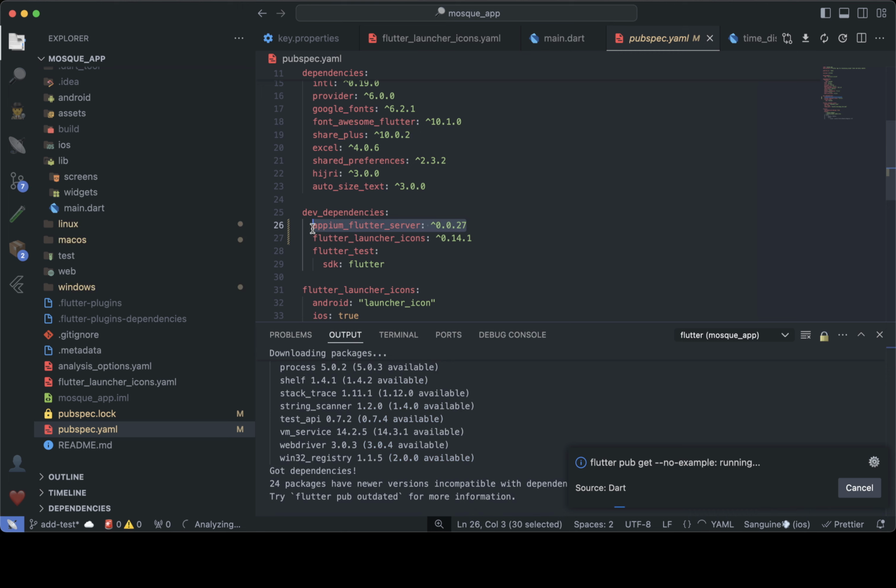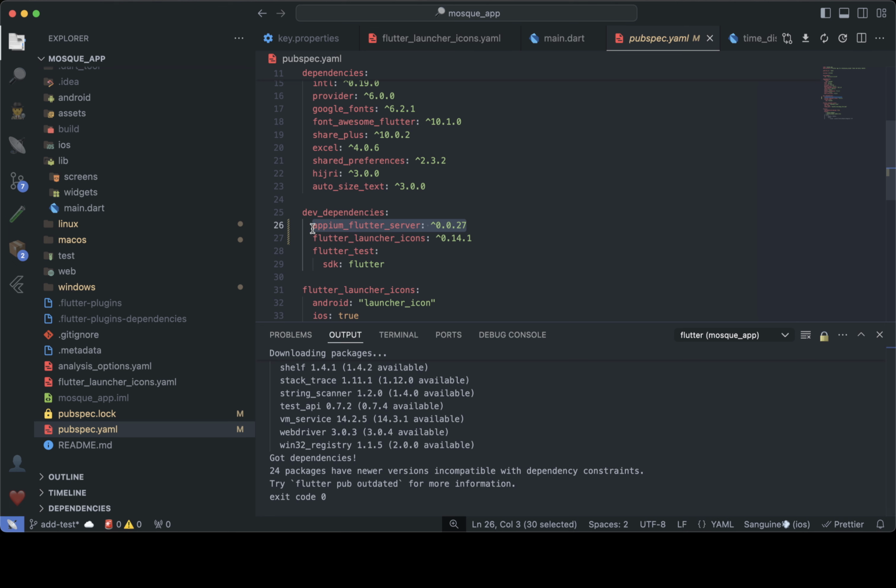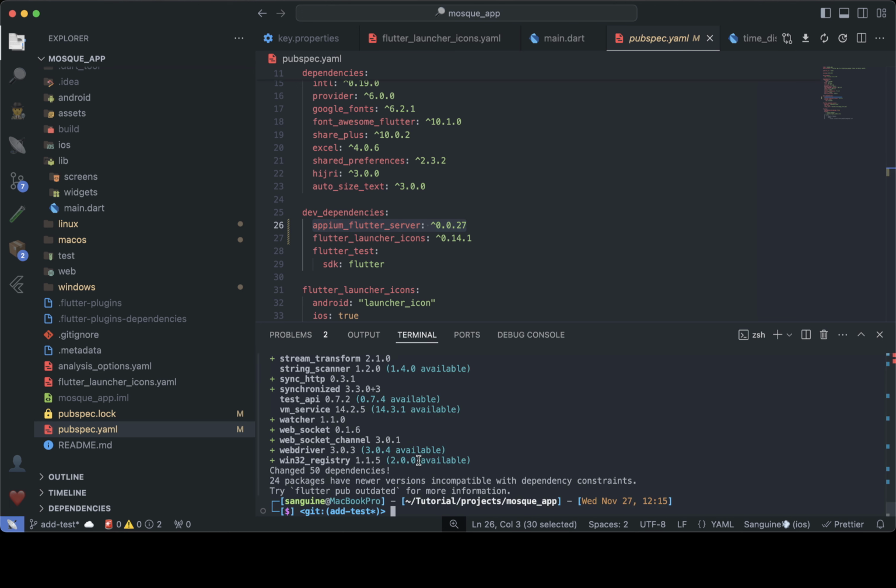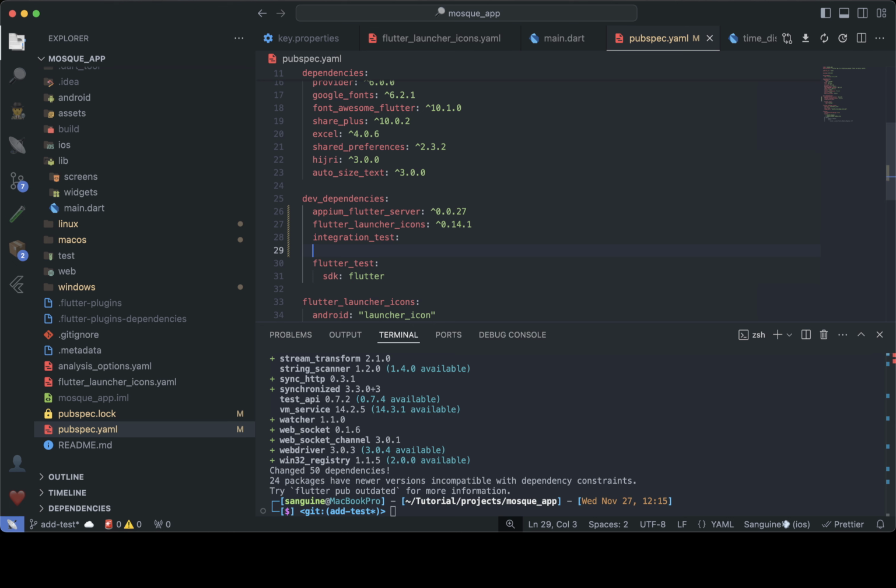So that has been done, and the last thing we will do on the pubspec.yaml file is one more thing before we move ahead. We need to do just one more thing on the pubspec.yaml file, and we'll wait for this to be concluded. It is concluded. So now we are going to add this to it. After installing that, we are going to add this integration_test, right? And we would call it sdk